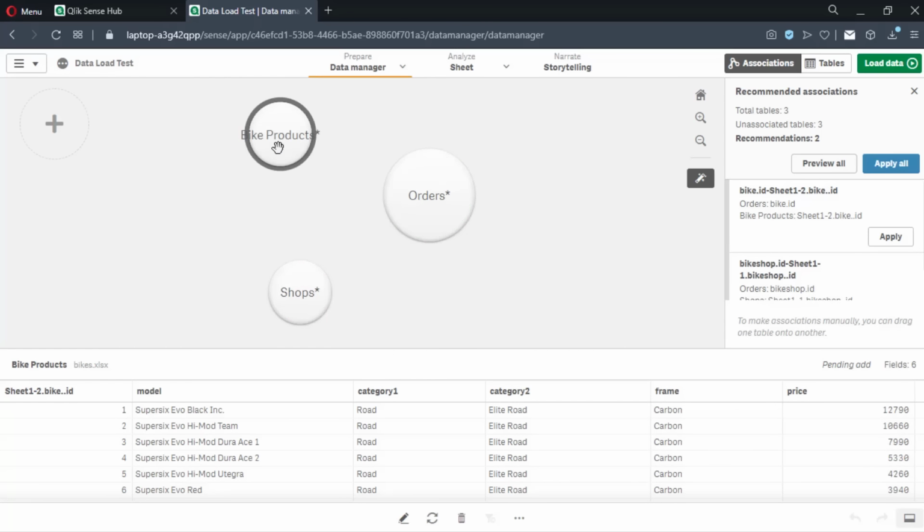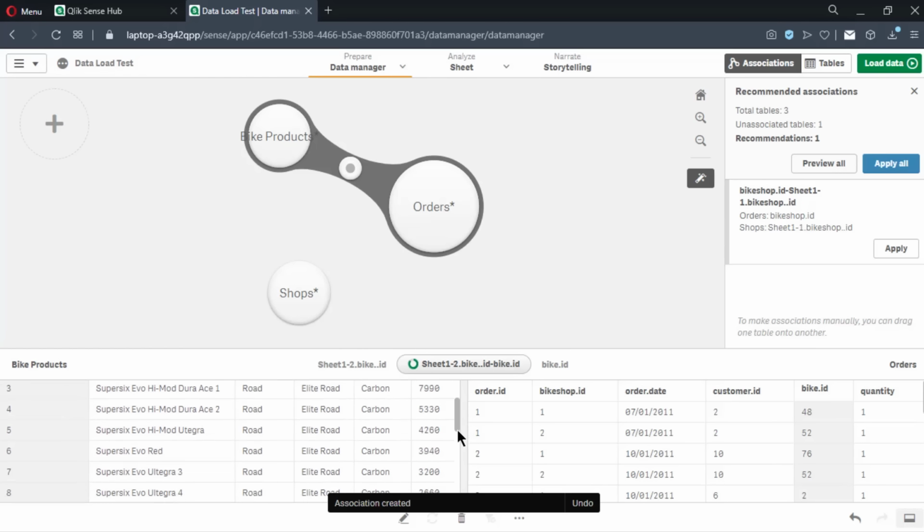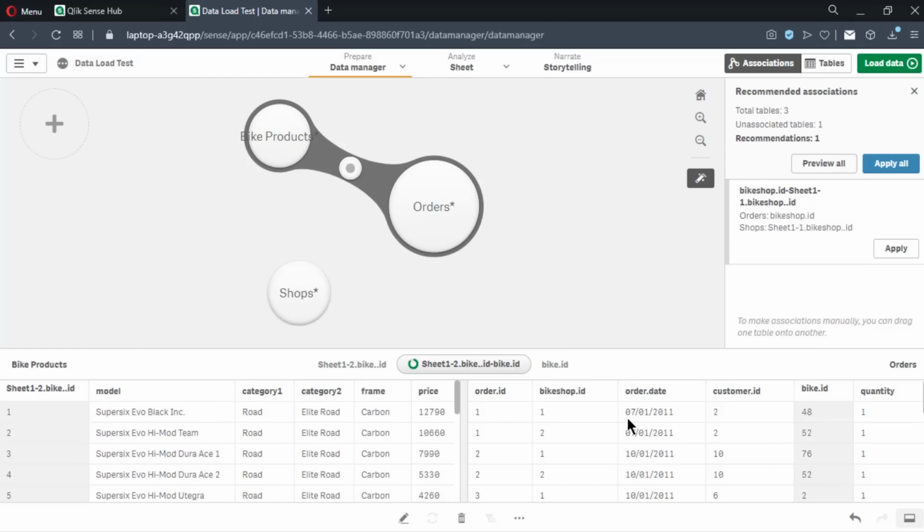Since we are going to associate the Bike Products to the Orders bubble, we will drag the Bike Products bubble to the Orders bubble and release. This creates a link between the two bubbles, which indicates that these two are now associated. The Data Preview window shows us the columns for both datasets, and the key used to associate both tables is indicated in the center. Here we have the bike.id as the field present on both tables, and the colored ring